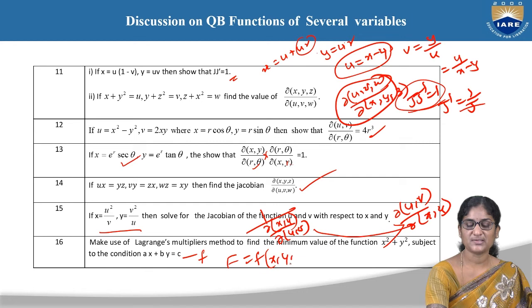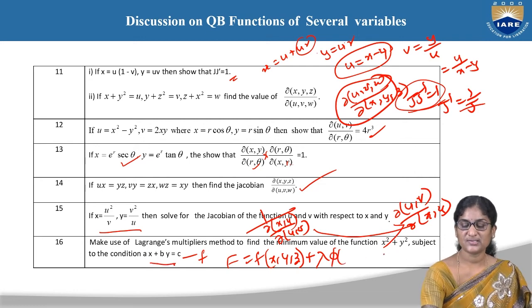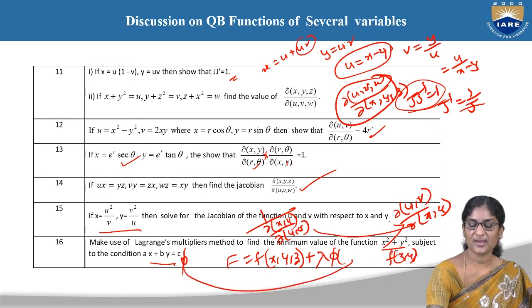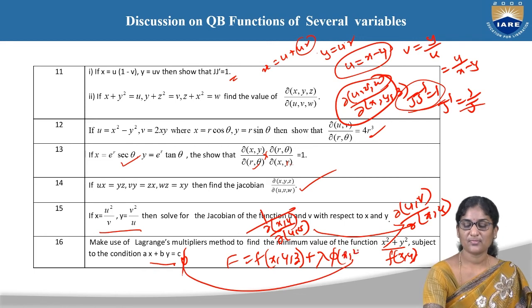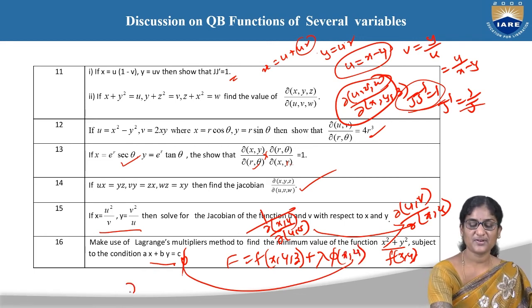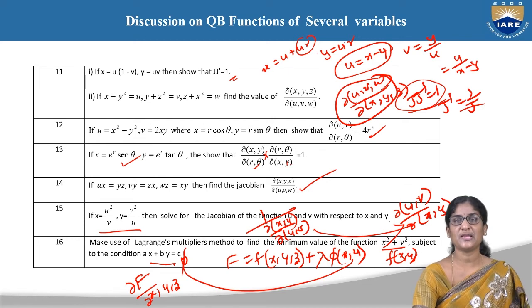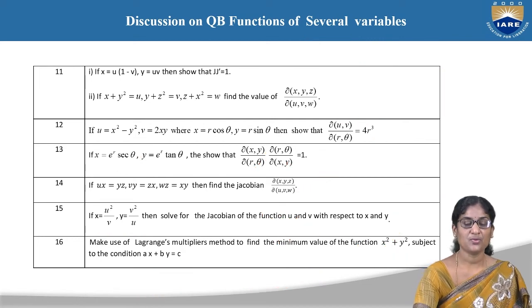x comma y comma z, okay, plus Lagrange's auxiliary equation into lambda into phi of the condition. This function is nothing but f of x comma y, and this is nothing but the condition phi. So you have to frame this Lagrange's auxiliary equation. Next, differentiate partially with respect to x, y and z and equate it to 0 to get the stationary points. So like that you can say that at those stationary points the function might be having the extreme values.